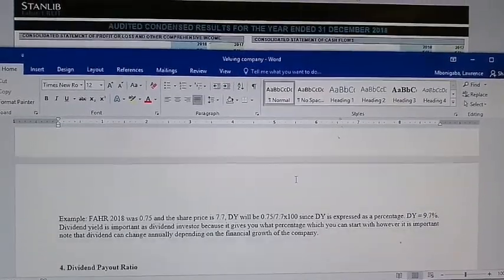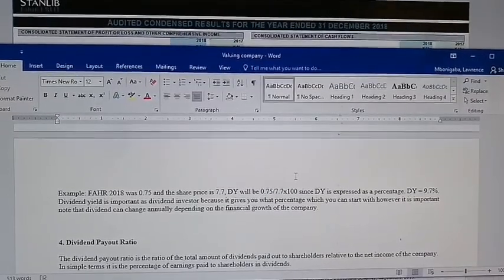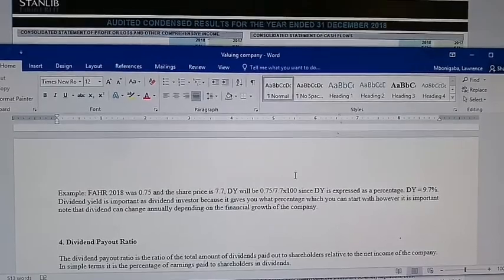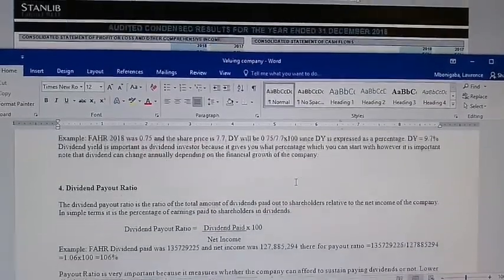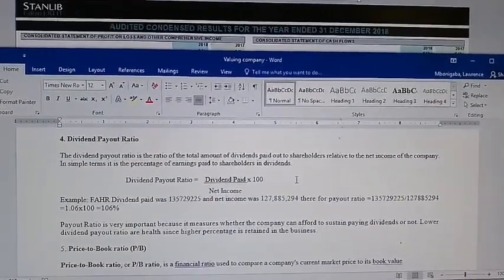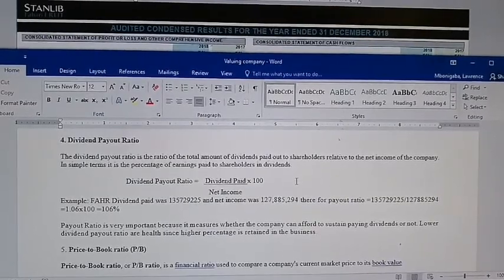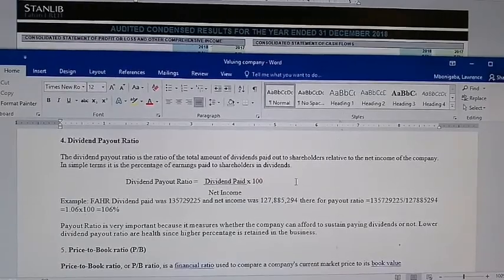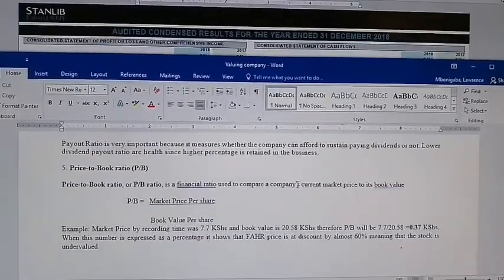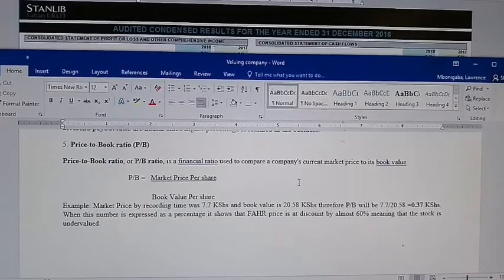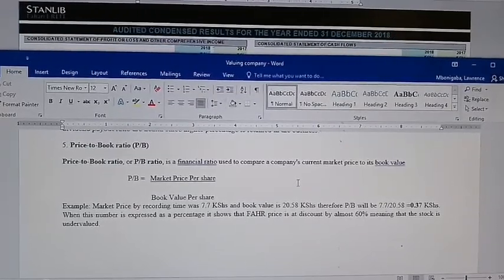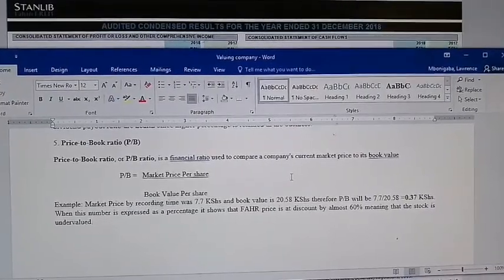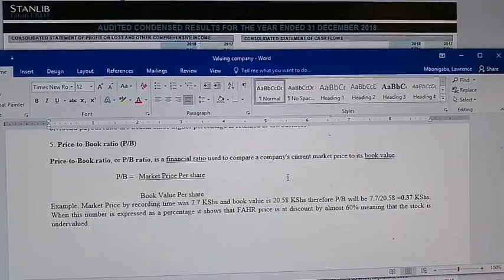So 5, and the final ratio is price to book ratio. What does price to book ratio mean? It is a financial ratio that is used to compare a company's current price to its book value. The book value is just the total company's equity divided by the common shares outstanding. That's how you get the book value. So basically price to book